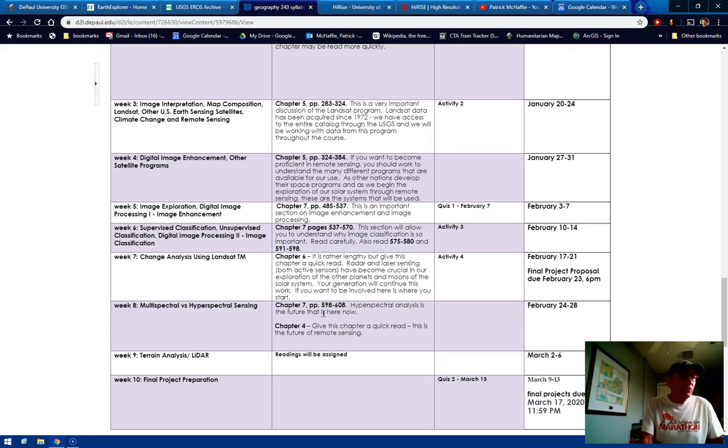Next week, terrain analysis, and I'll assign some readings that'll be in the activity. They'll be relatively short, but I do have a relatively longish old school, new school take on terrain analysis for you. One involving passive sensors and one involving active sensors. Okay? So, week 8,